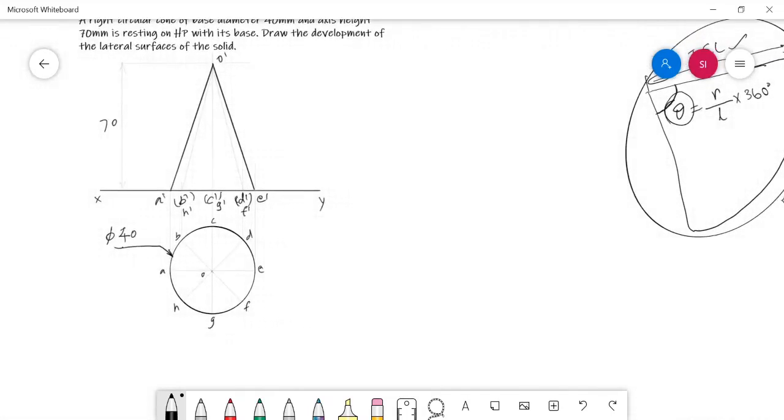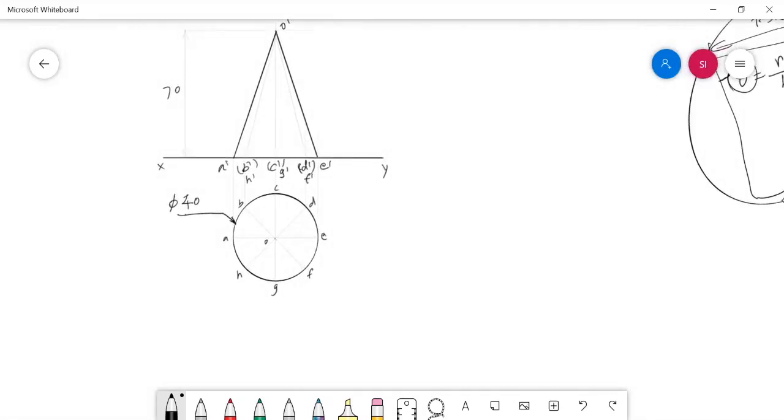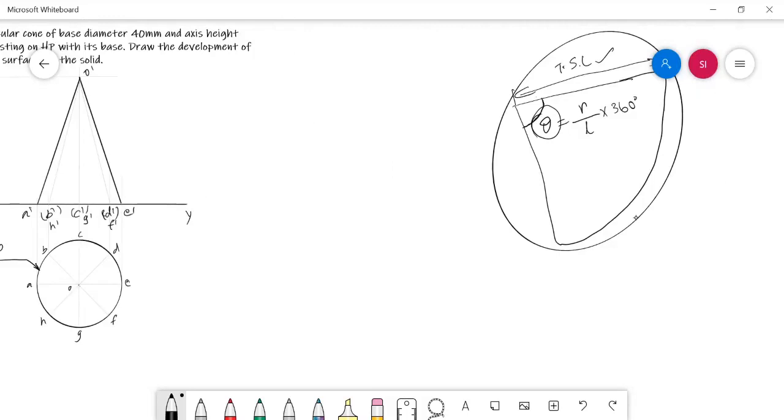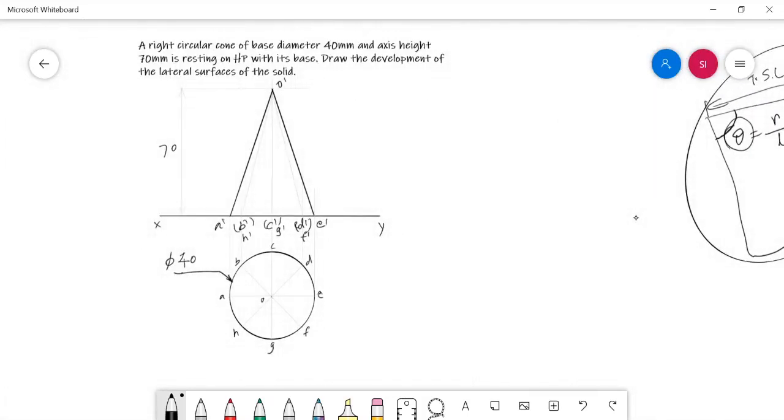In this problem, the true slant length of the extreme generator can be found directly, because the length O dash E dash is the true length, since the generator OE is already parallel to the XY line in the top view. So in the front view, O dash E dash shows its original length.